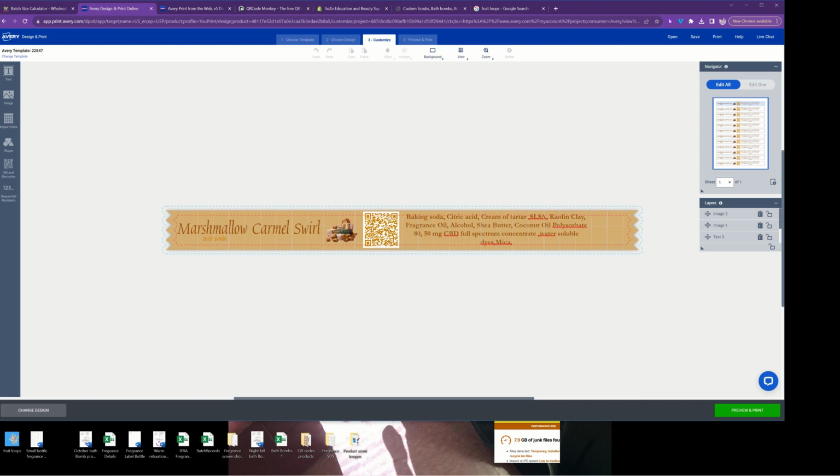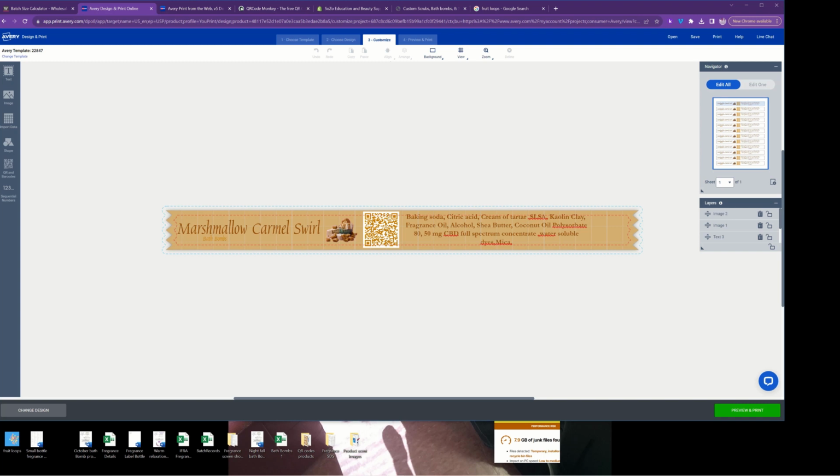So the distance that it provides from here to the paper ends kind of right here. Make sure that the name is far enough away from where the seam line is going to be where I tape it. So I will always use this guideline, whether it's for the smaller pedicure bath bombs or for the regular ones, and then have whatever image I want to have, or just the QR code again that goes straight